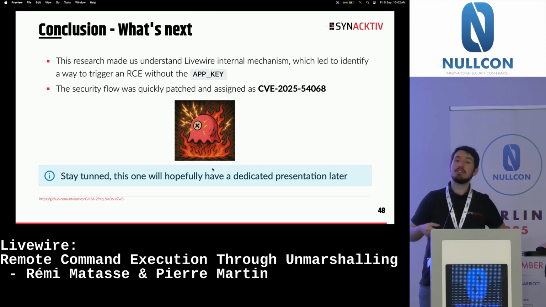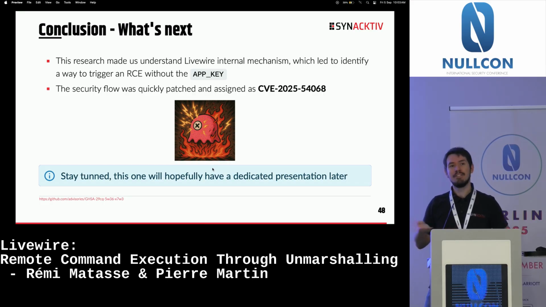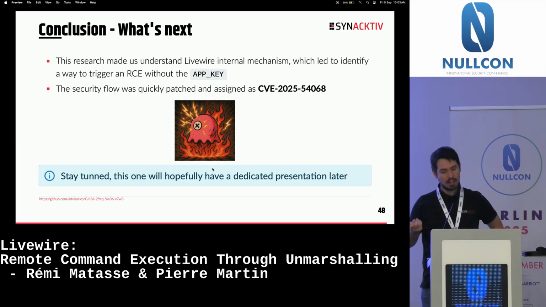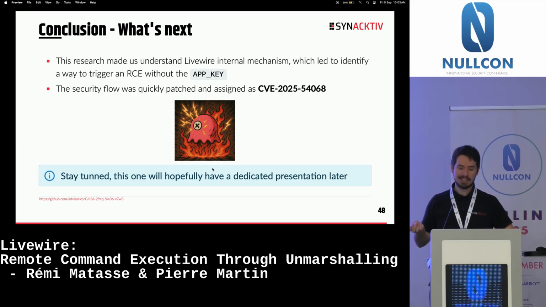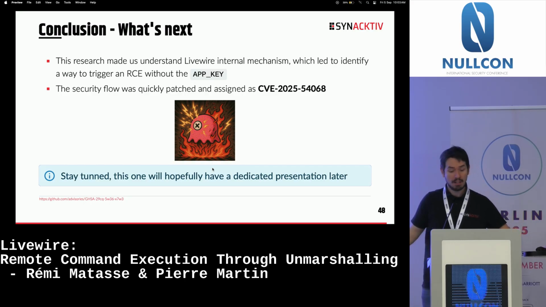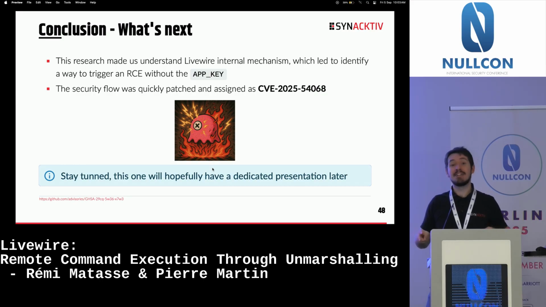And so, during our research, and while also applying for the CFP during Nullcon, we continued our research because we were a little frustrated to finish out something that's not really considered a vulnerability. So we continued to do some work because after so many months working on it, we piled up some knowledge on it, and we really deeply understand the internal mechanism beneath Livewire, which led us to find something considered